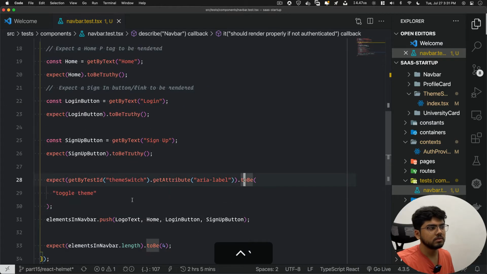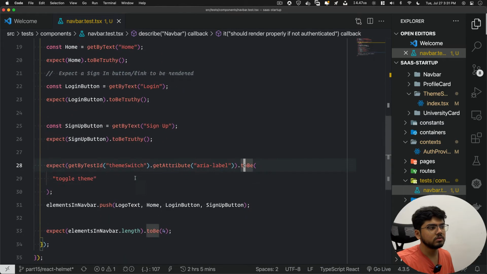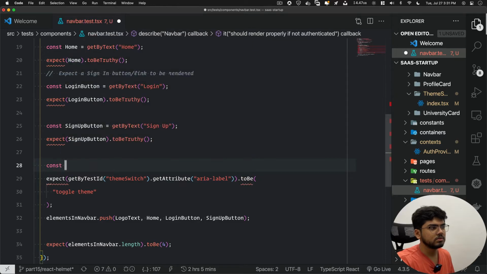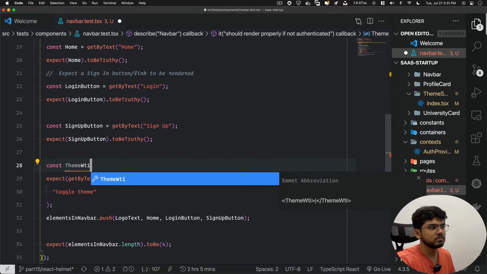It passed. Okay. So now what all we have? Okay. So what we'll do? We'll add theme switch also. Const theme switch.